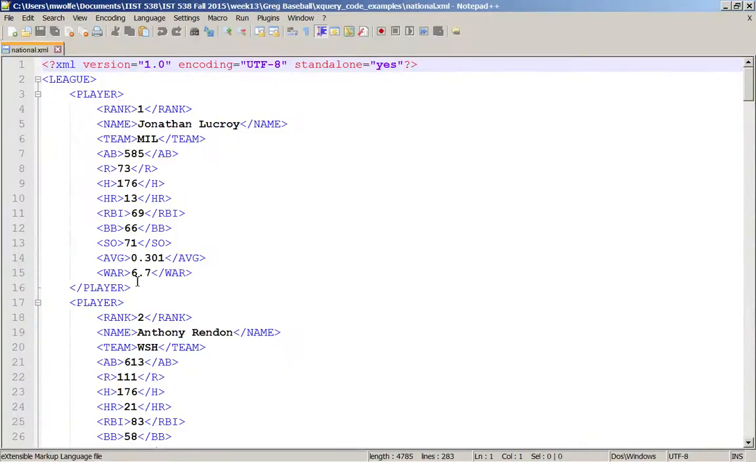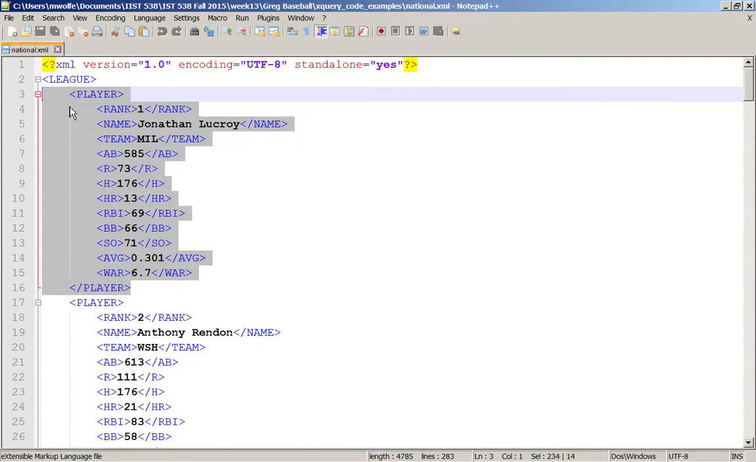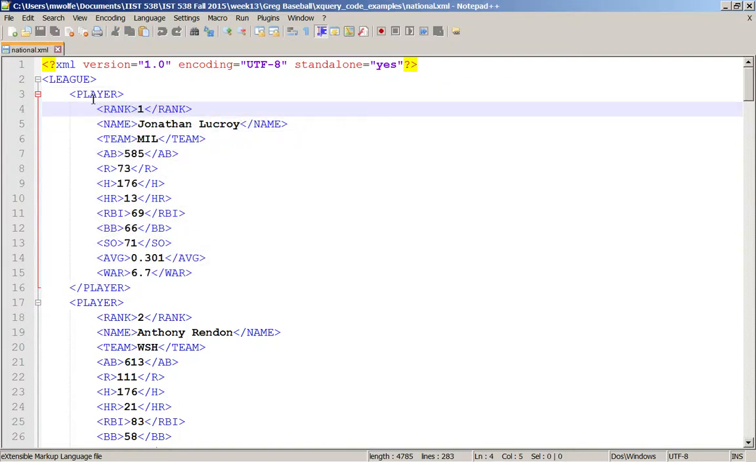And just look at one record, if you will. We have a player, that's the parent, and then in here we've got a bunch of nodes or elements. So we have rank, name, team, at bats is AB, R for runs, H for hits, HR for home runs, RBI is for runs batted in, SO strikeouts, average is their batting average, and the WAR is